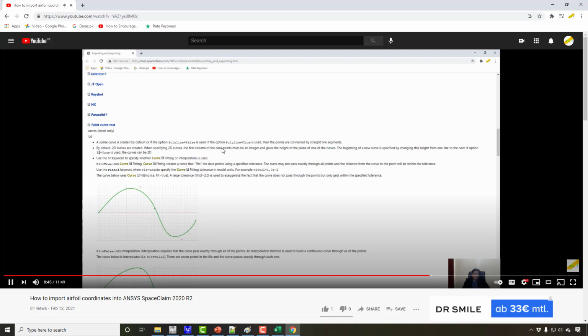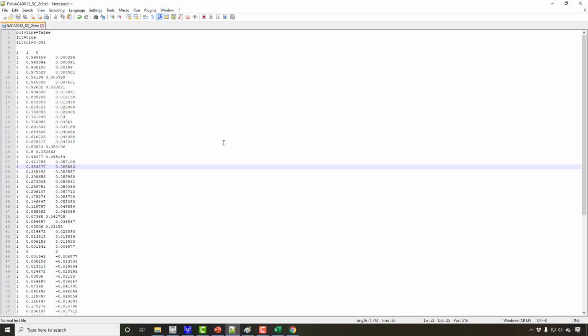There are many commands like fit equal to true and the fit tolerance, and the same I'm using here. The fit tolerance is 0.001, which is very small. I don't want the curve to be far away from the points, and at the same time I want it to make a single spline.